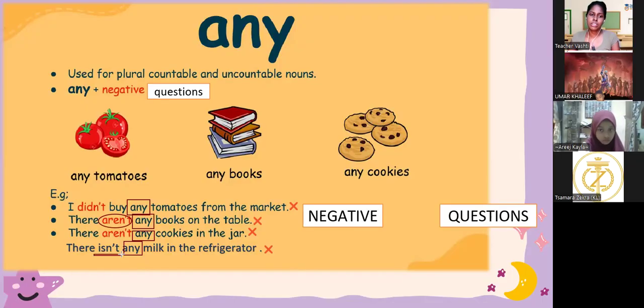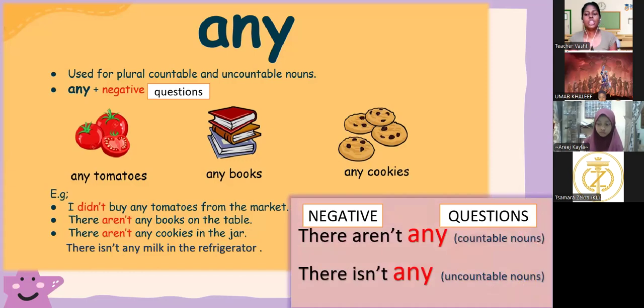Isn't any milk. Okay? Perbezaan dengan aren't dengan isn't, it's because aren't you can count. Kalau tak boleh count, maksudnya satu, one. For one you must use isn't. Okay? Alright. If it's a question, you must also use any. Now, can you also copy this? Remember to copy the word negative or question. Perkataan any ni, you must only use for negative or question.